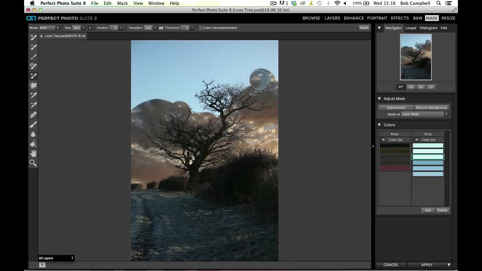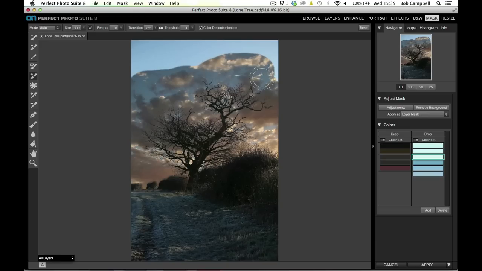Mask, mask, mask. Will this be a new layer? No, it's going to be the layer of the tree. It doesn't generate a new layer because you've created a mask, but it does generate something pretty amazing, and you all guessed it. It's a layer mask. So let's just go up here and here, and just gradually, I think you're probably keeping pace with me. That's good. Let's just take away the background